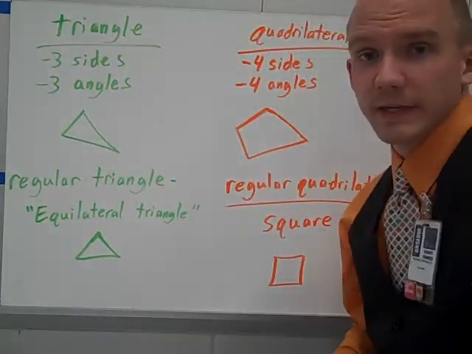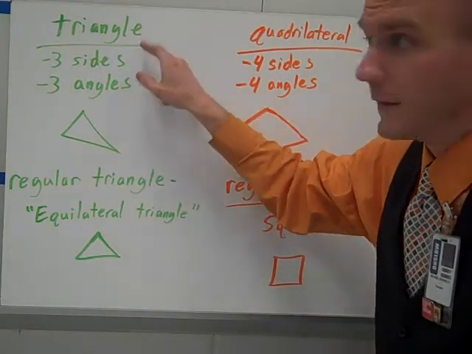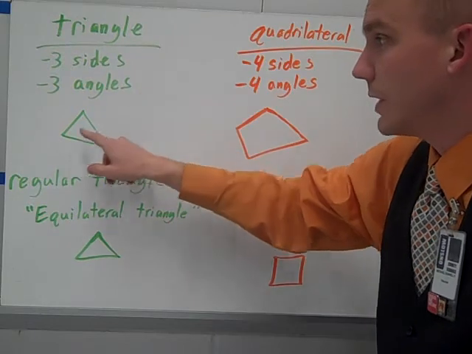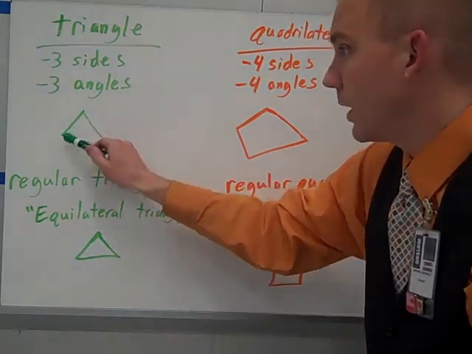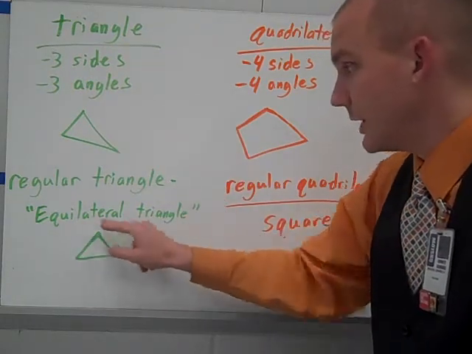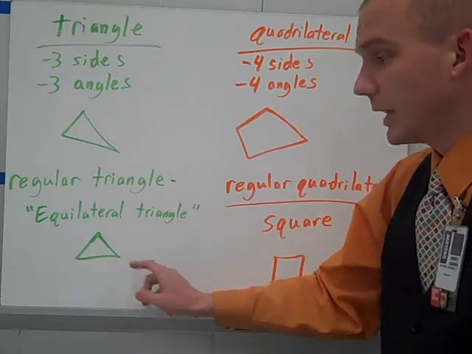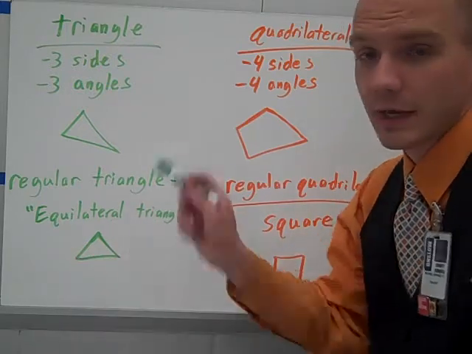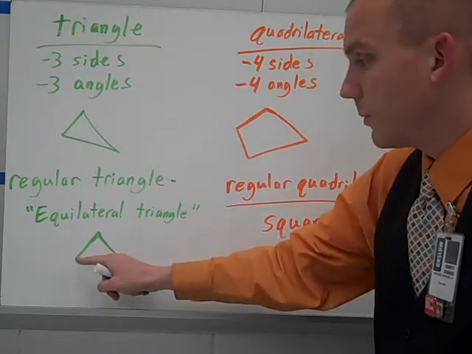Let's look at some specific examples. A triangle is a special type of polygon that has three sides and three angles. Right here, 1, 2, 3 angles or corners, and 1, 2, 3 sides. A regular triangle is called equilateral. It's an equilateral triangle. This is kind of what it would look like. It's not perfect because by hand I can't really draw perfect triangles that are all equal, but ideally it looks